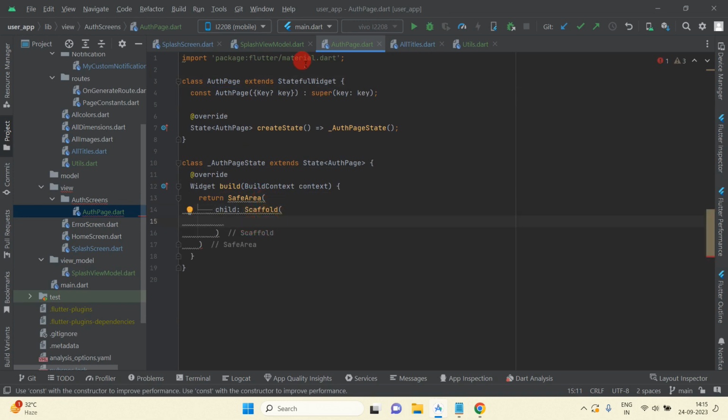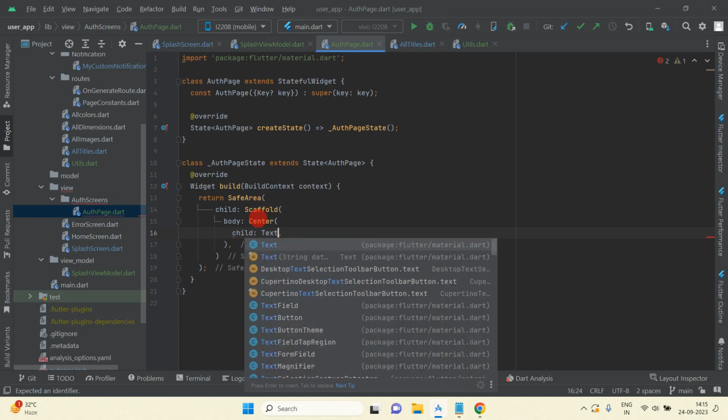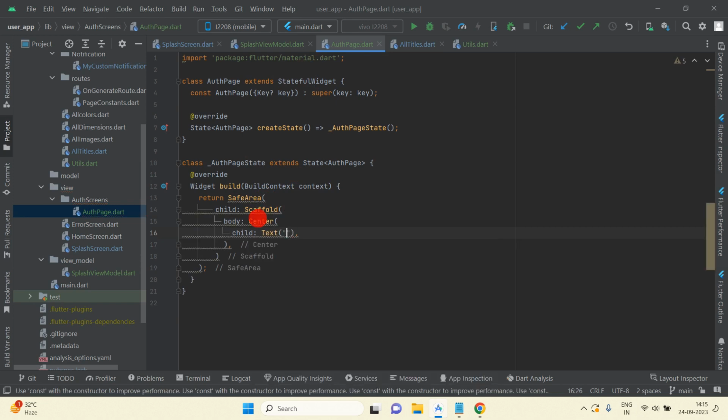So we will get material widget properties here, and then it will accept body here, and then Center, child, Text, and inside Text I am going to write this page name. Okay, auth page,